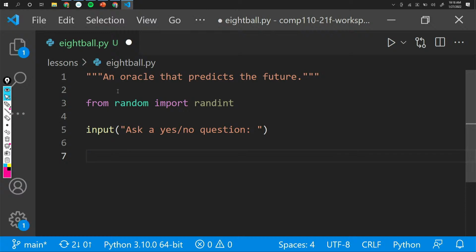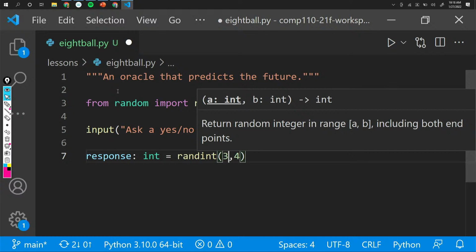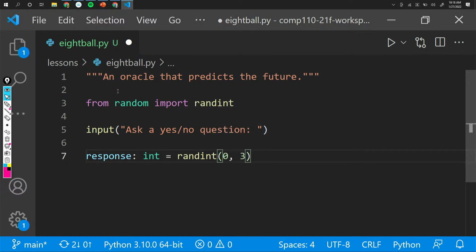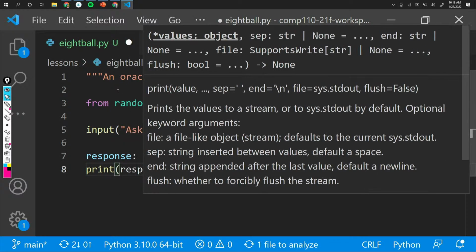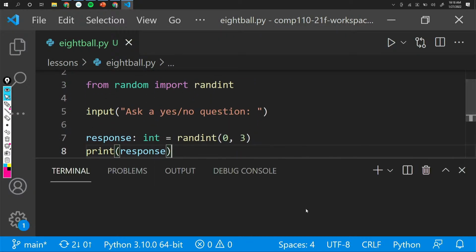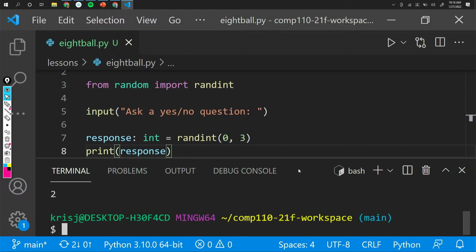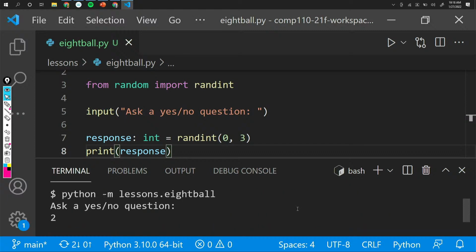So if we were to say response is an integer that is assigned randint 1 through, say, 4, or maybe let's do 0 through 3, and we were to print this response, if I were to run this program, I'm not even going to enter a question, but notice that it prints out 2.